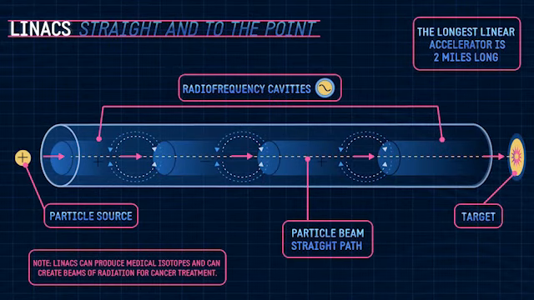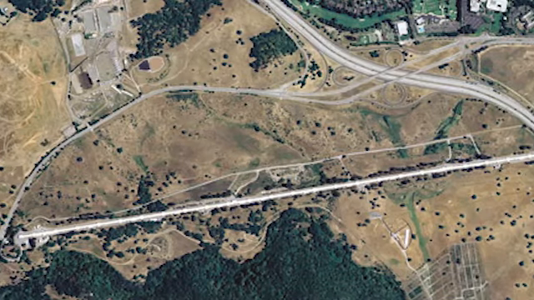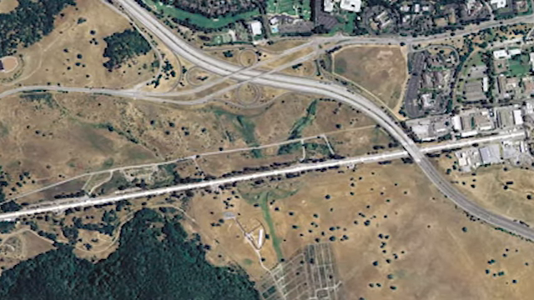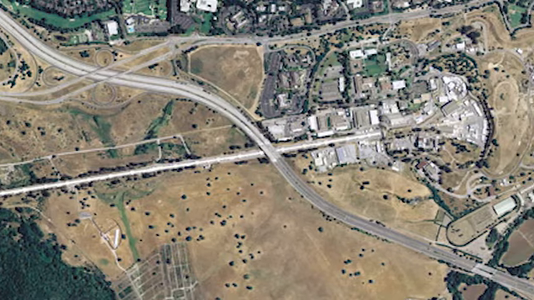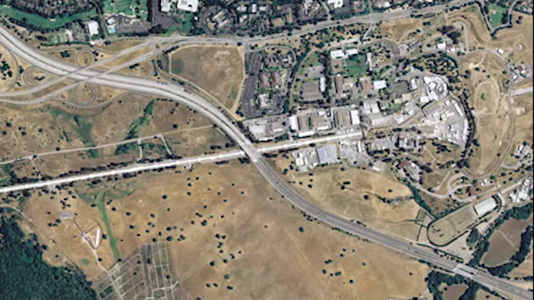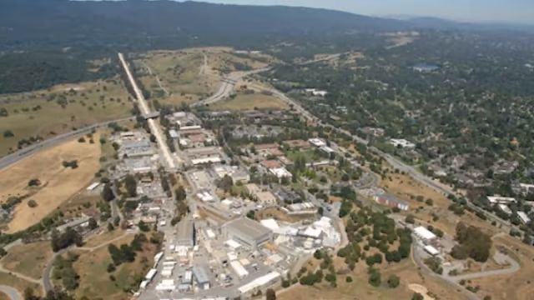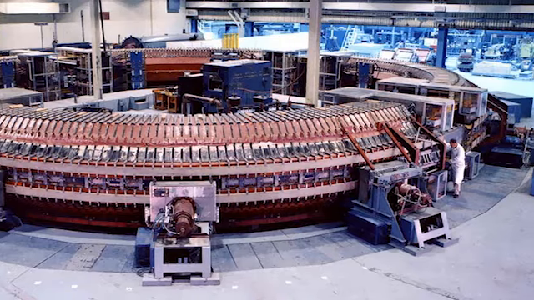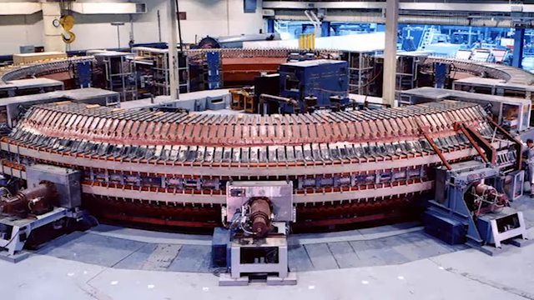The linear accelerator is quite different. The particles inside are propelled in a straight path. A good example would be the SLAC National Accelerator located in the United States and operated in collaboration with Stanford University. It is one of the longest linear accelerators in the world, measuring about 2 miles or 3.2 kilometers long. A linear accelerator is used for fixed target experiments, whereas a circular accelerator can be used for both colliding beam and